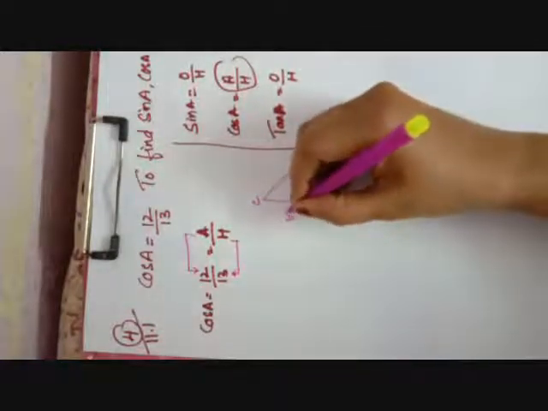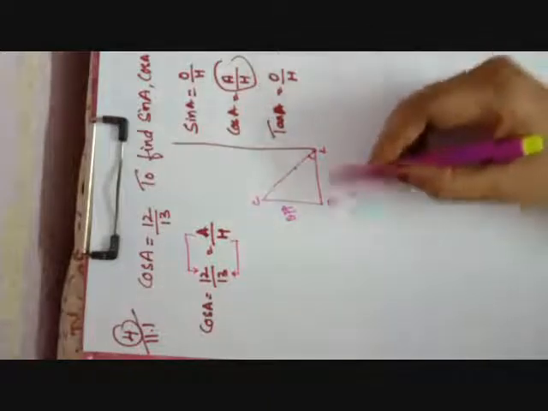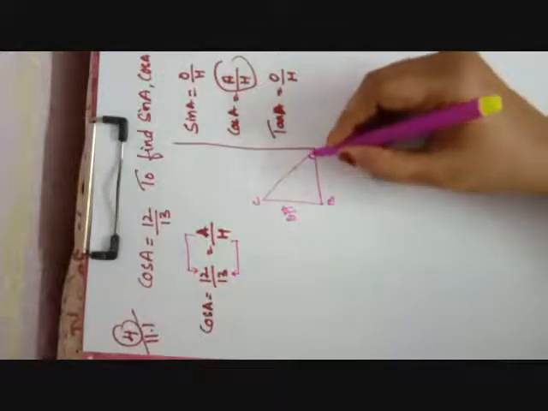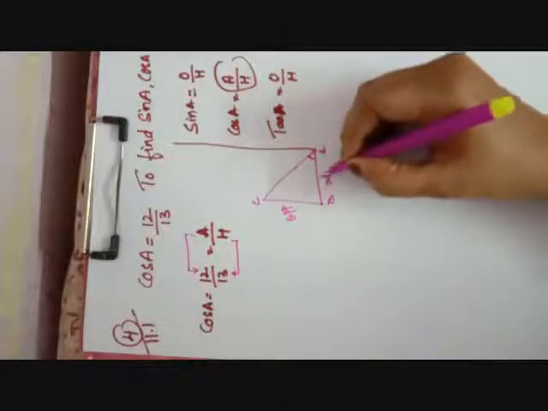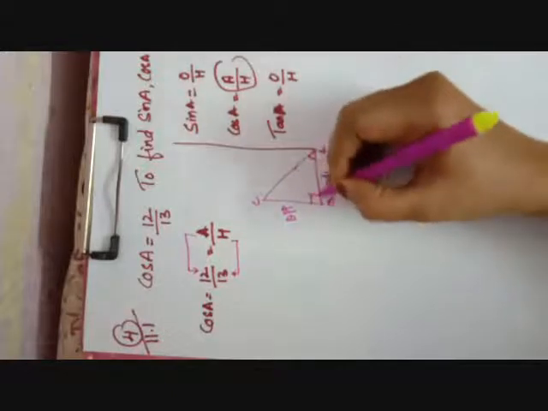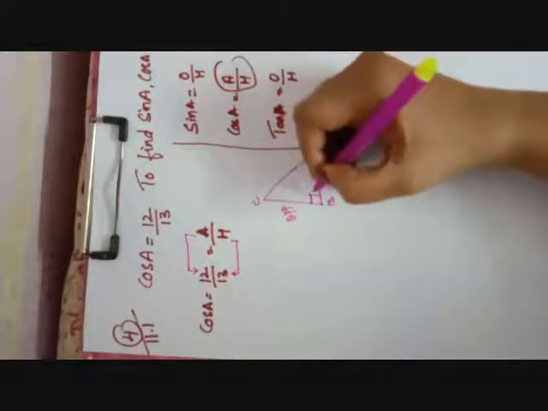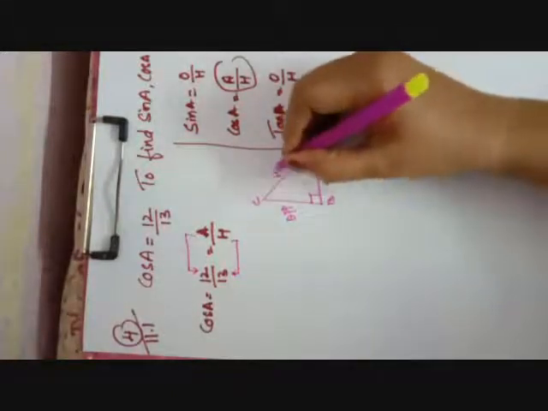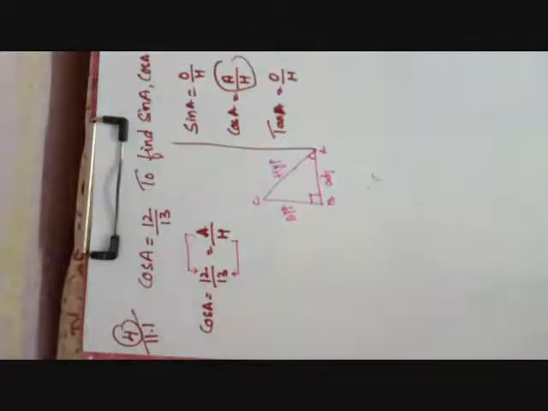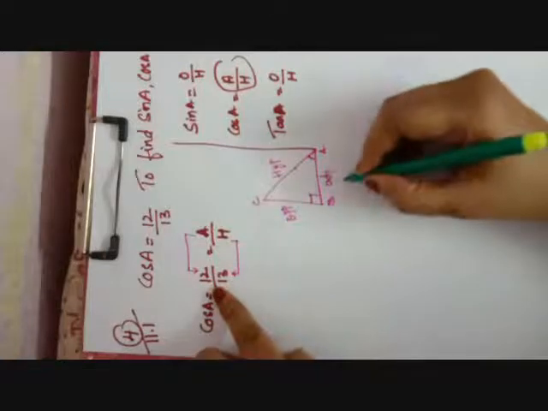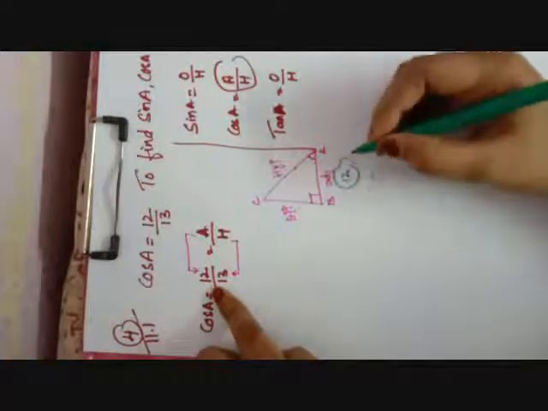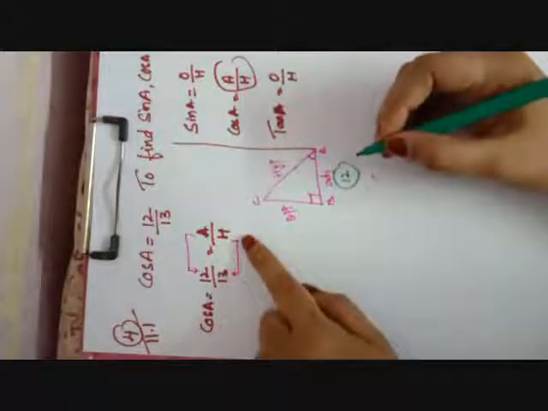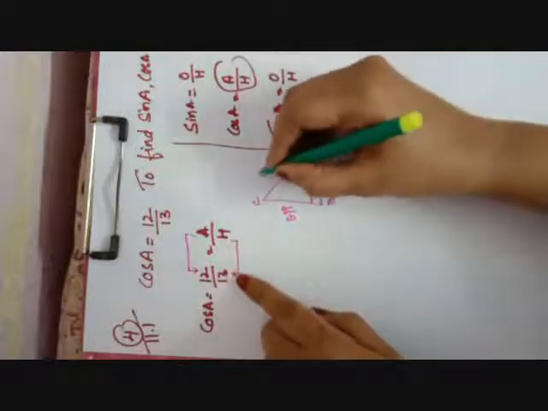I am going to write this as opposite. And AB is this side adjacent to angle A. So I write it as adjacent A. As you all know, side opposite to 90 degrees is hypotenuse. Now put the values. Adjacent is how much? 12. So you are going to put here 12. And hypotenuse is how much? 13. You are going to put here 13.